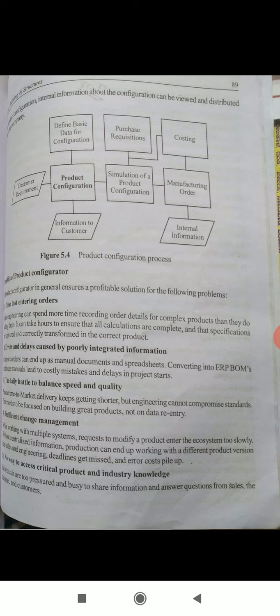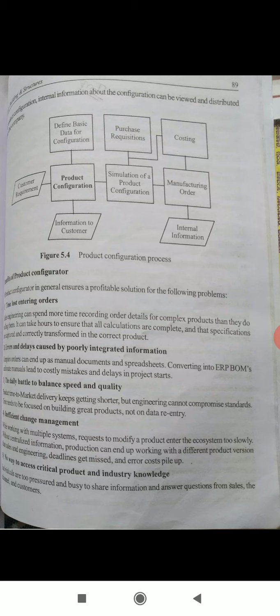Benefits of product configurator: this is important, okay. Product configuration is important. So a product configurator in general ensures a profitable solution for the following problems. One is time lost entering orders.